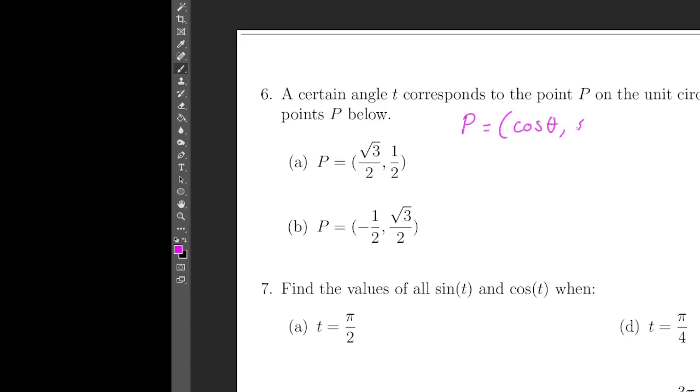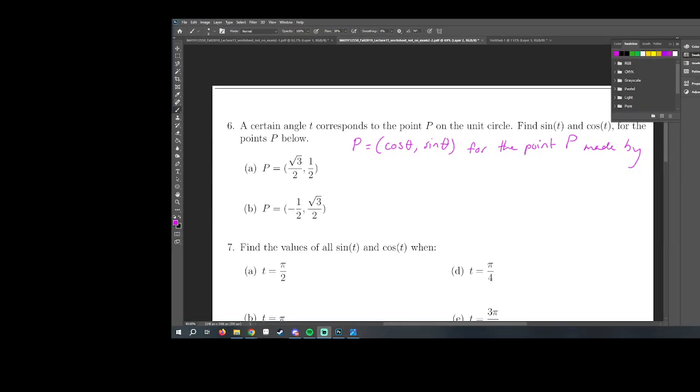That's for the point P made by the angle theta, right? If that's the case, they're saying the angle isn't called theta, it's called t. So if I go back in here and I replace all my thetas with t's,